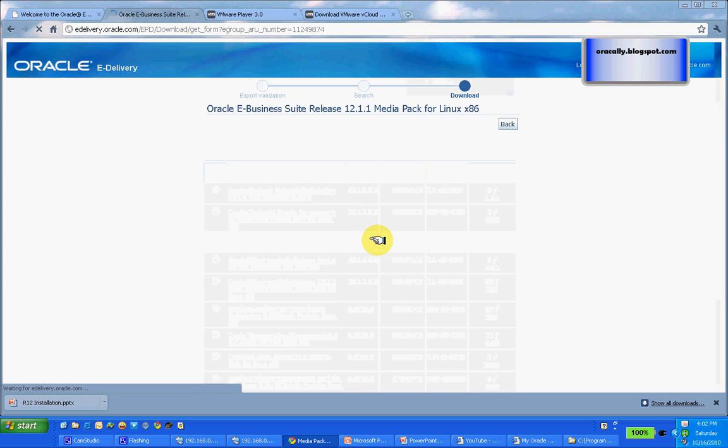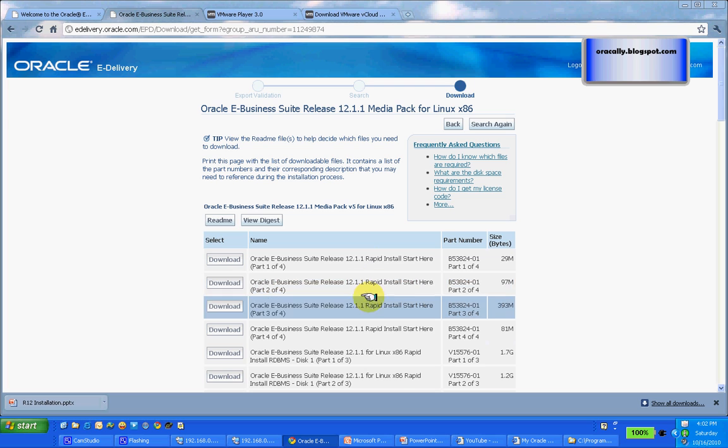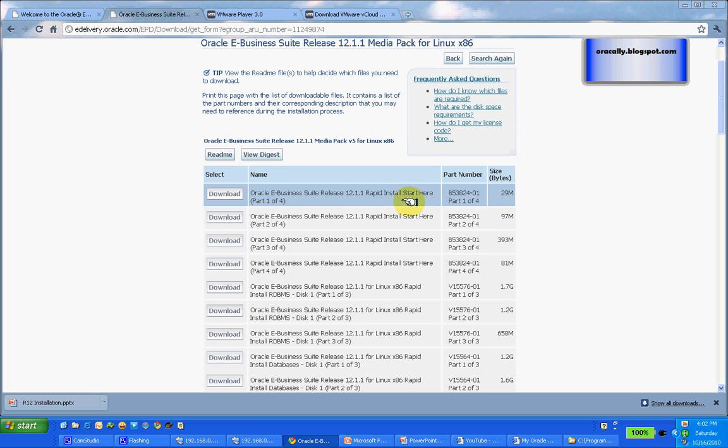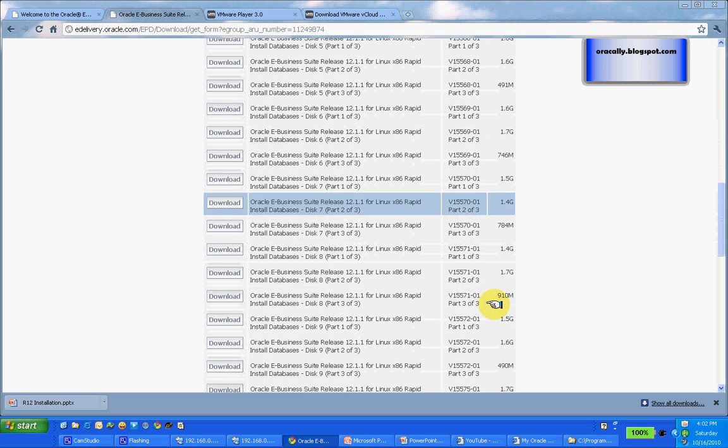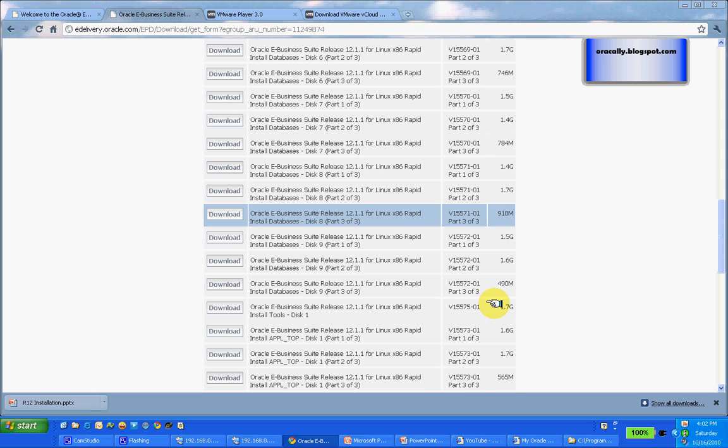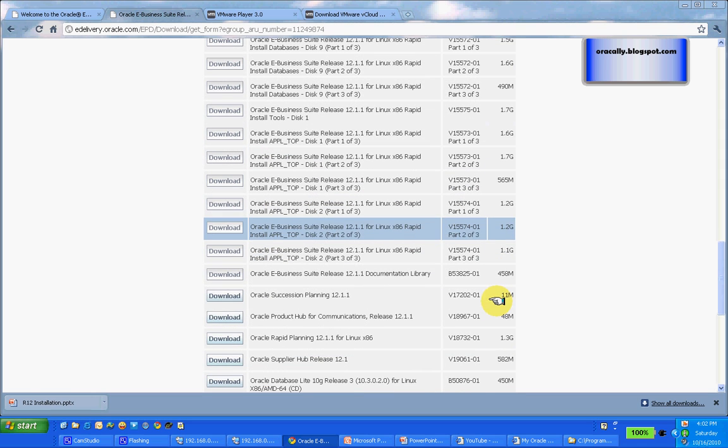This is the latest version that was available when I installed Oracle R12. So make sure you download all these files. That would be around 50 GB, and that may take around 12 to 14 hours depending upon your internet